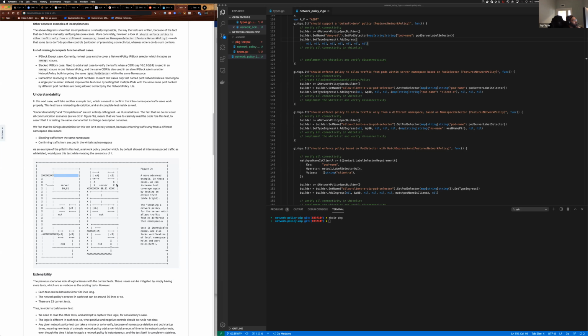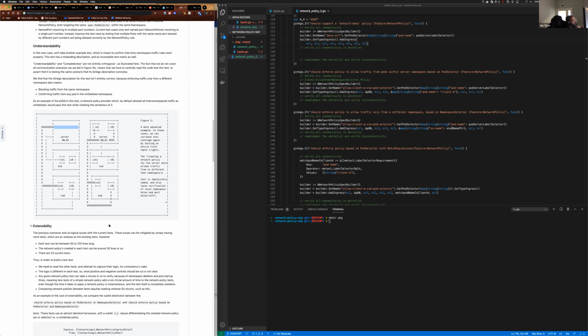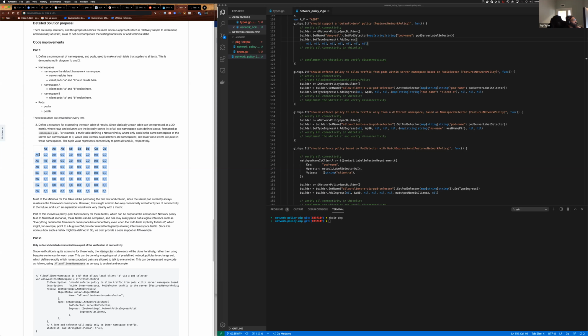So there are all these combinatorial cases that ultimately add up to what we were talking about in the contributors room over at Calico, which comes down to a truth table, a term coined in the Calico chat